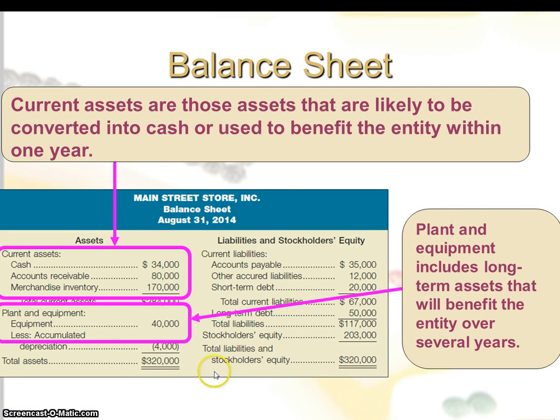Another thing I also want you to notice on the balance sheet is there are certain classifications that come in very handy when you start filling out that financial statement summary. So you'll notice there's current assets, and these are simply assets that are likely to be converted to cash or used to benefit the entity within 1 year. So within 12 calendar months of the balance sheet date, this will have an economic benefit to the entity. Longer term assets